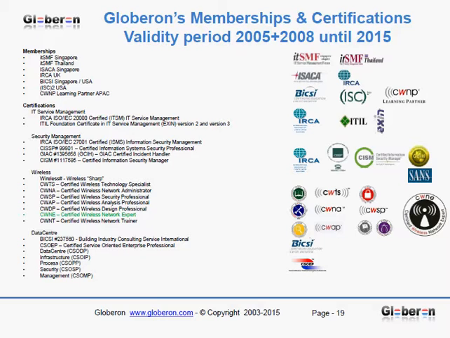And here are all our other certifications. So the memberships I mentioned already, but we also have certifications in IT service management. That includes the ISACA ISO 20000 and also the ITIL, the IT Infrastructure Library, version 2 and version 3. Security management for several organizations, wireless certifications since the beginning, where Wireless Sharp was still active as well, all the way up to CWNE, Certified Wireless Network Expert level. And we have data center related certifications under BICSI, CSOEP, Certified Service Oriented Enterprise Professional, which covers data center, infrastructure, process, security and management.